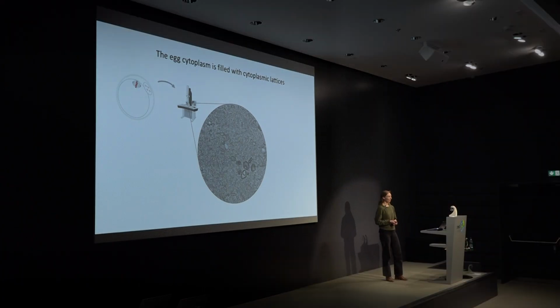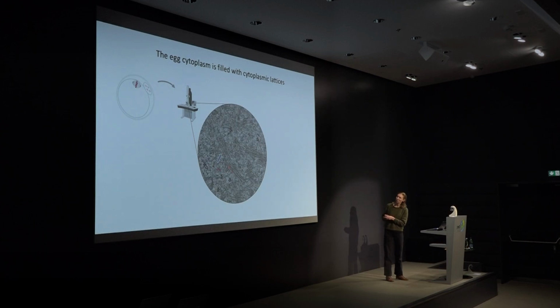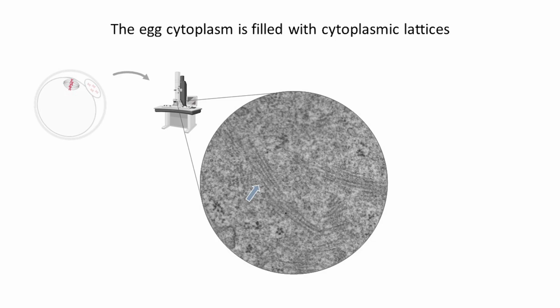But in mammalian oocyte cytoplasm, there's one structure that is extremely abundant, and this structure is called cytoplasmic lattices. You can see them as these striated filamentous structures here, which maybe you can appreciate better if we zoom in a bit. These structures take up about 10% of the oocyte cytoplasmic volume, and they were discovered in the 1960s with electron microscopy, but have since puzzled scientists because we didn't really know what they were made of,